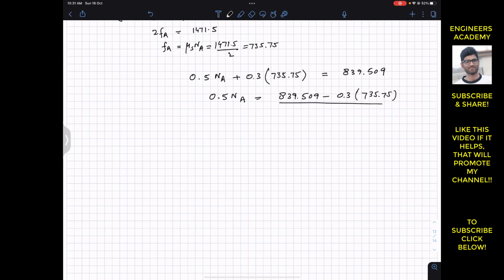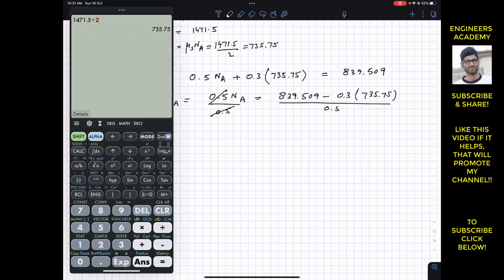Dividing both sides of the equation by 0.5, we will get NA. So now NA is 839.509 minus 0.3 into 735.75 divided by 0.5. So NA is equal to 1237.568